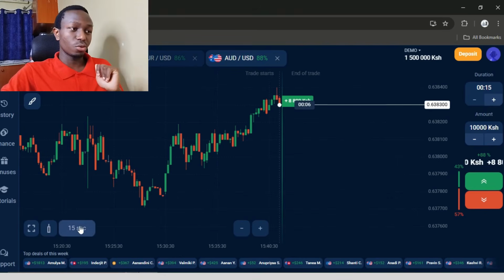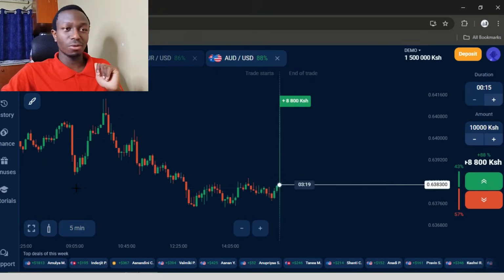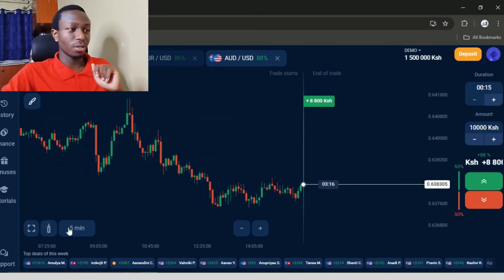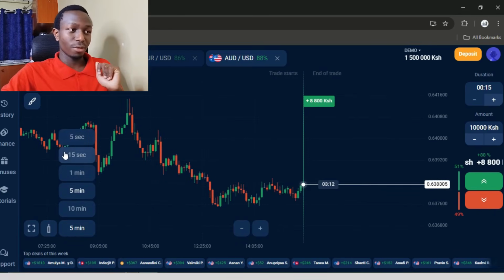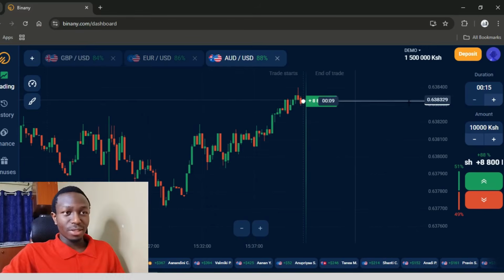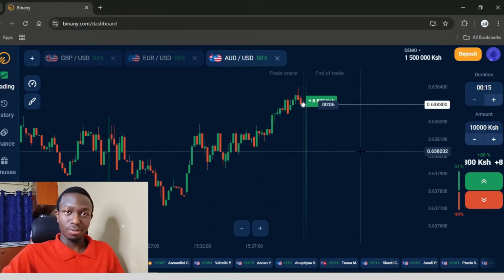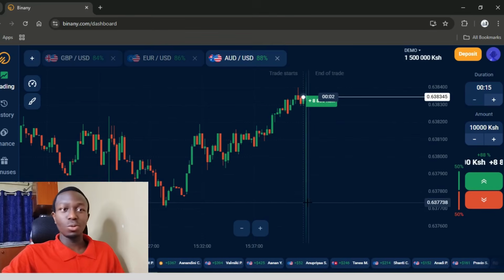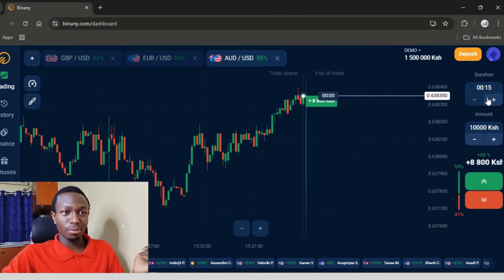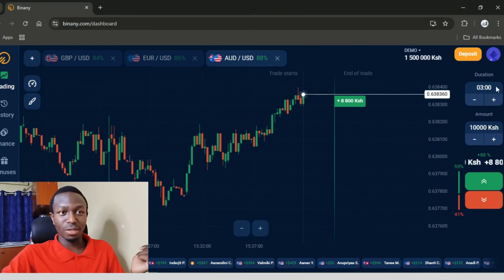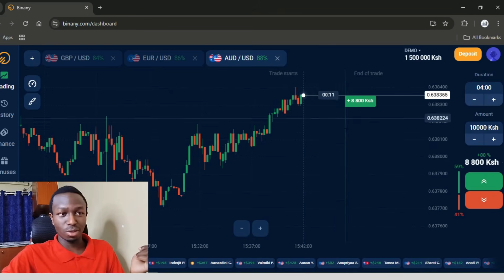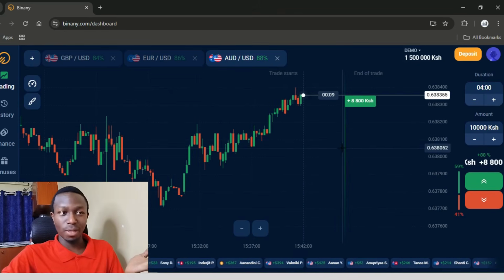Okay, you can choose. You can go with 5 minutes if you want to be on the 5-minute time frame. You can go with 1 minute, or in this case, I'll go with 15 minutes. This line right here is showing you the market price, and the green line here is showing you the expiry time. So for example, if I set my expiry time to 3 minutes, you can see it has gone away. So you are able to plan for your